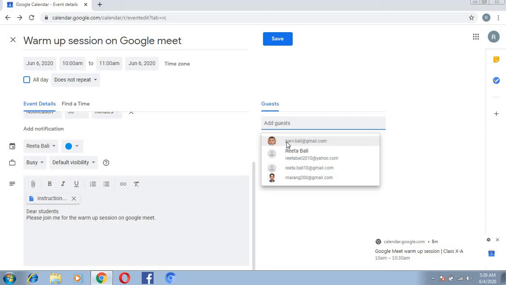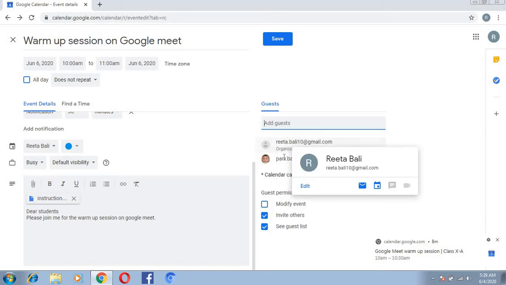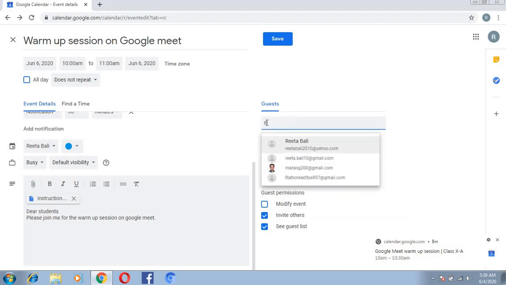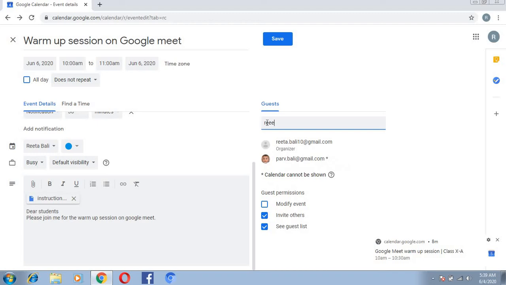For example, I have selected this one, and you can also type if you need to type someone's email ID. Likewise, in this way you can type also.